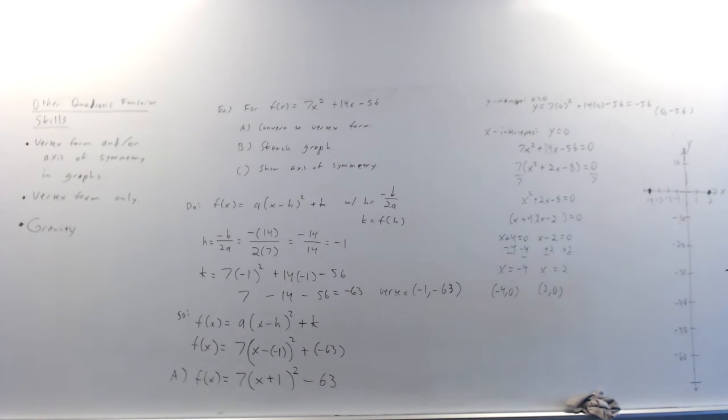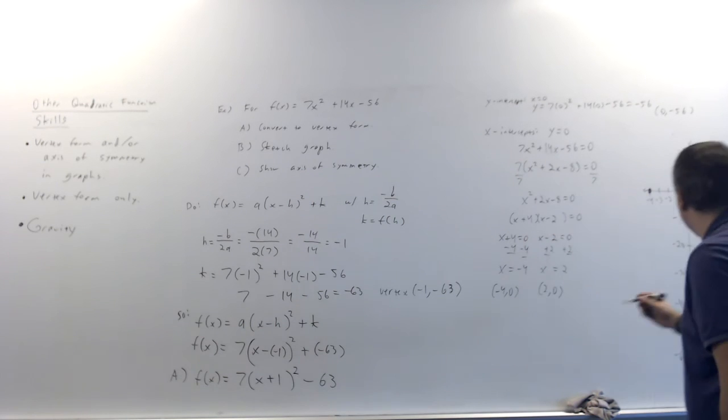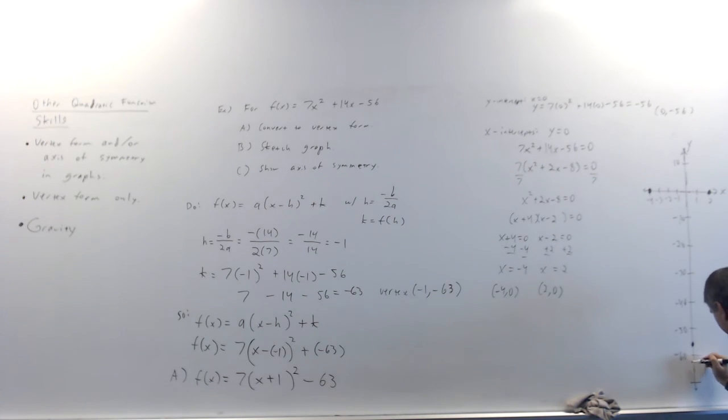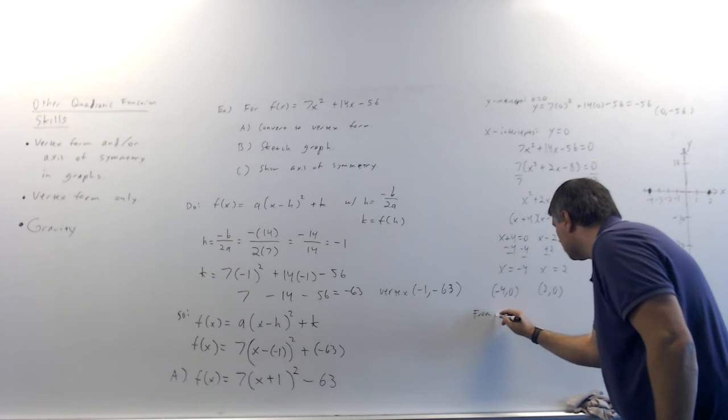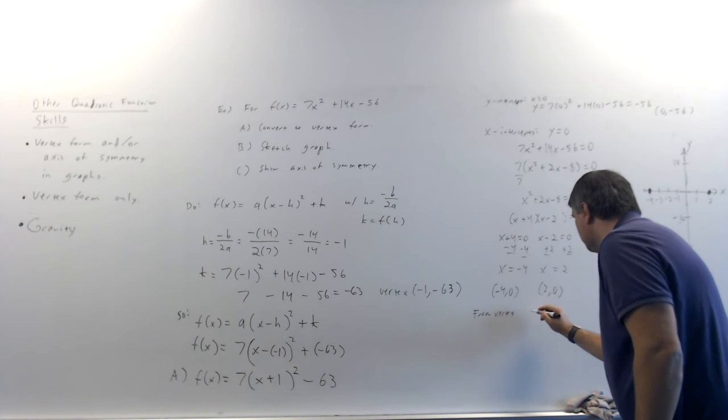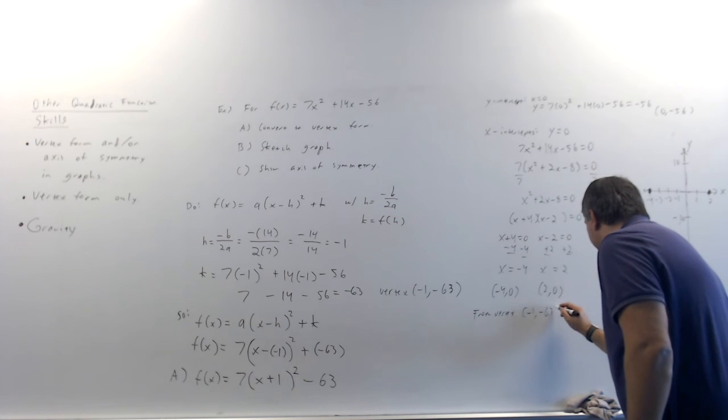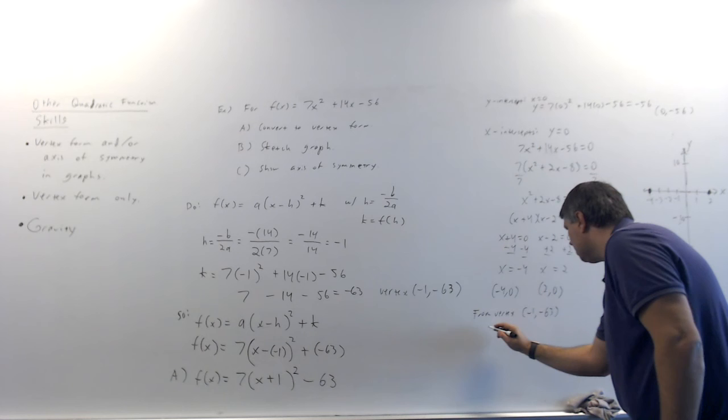And I have 0, negative 56. So here'd be negative 55. I guess I'll put it right here, a smidge below. Okay. And negative 1, negative 63. Negative 65 would be there, so I guess I'll put it right there. Okay. From vertex negative 1, negative 63, go